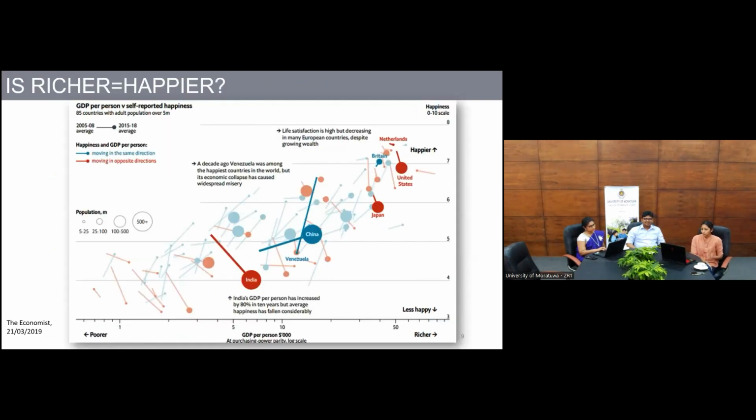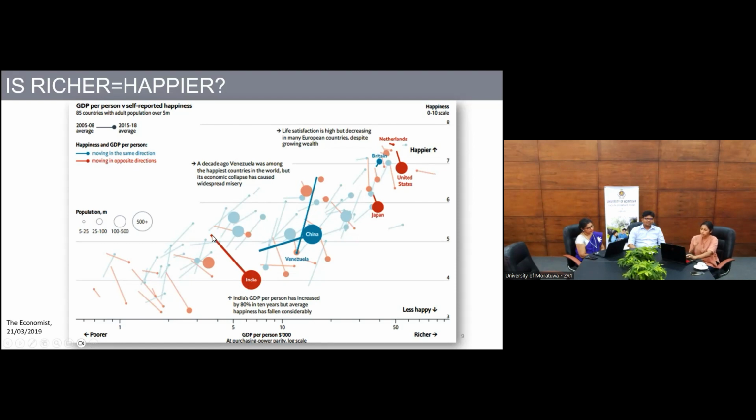Another one, and here I'm not going to go into detail, but here what we have in this particular image is the relationship between GDP per capita or GDP per person and happiness on a 0 to 10 scale. So essentially looking at the relationship between GDP and happiness. Are richer countries happier on average? And the nice thing about this graph is, even though it's a 2-dimensional scatter plot, it also has a time dimension included. You have each symbol over here, you have a bubble and a stem.